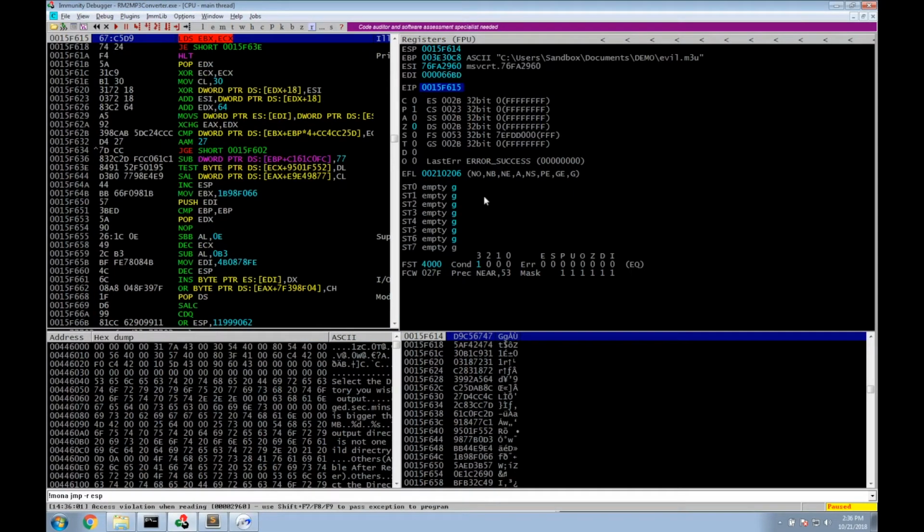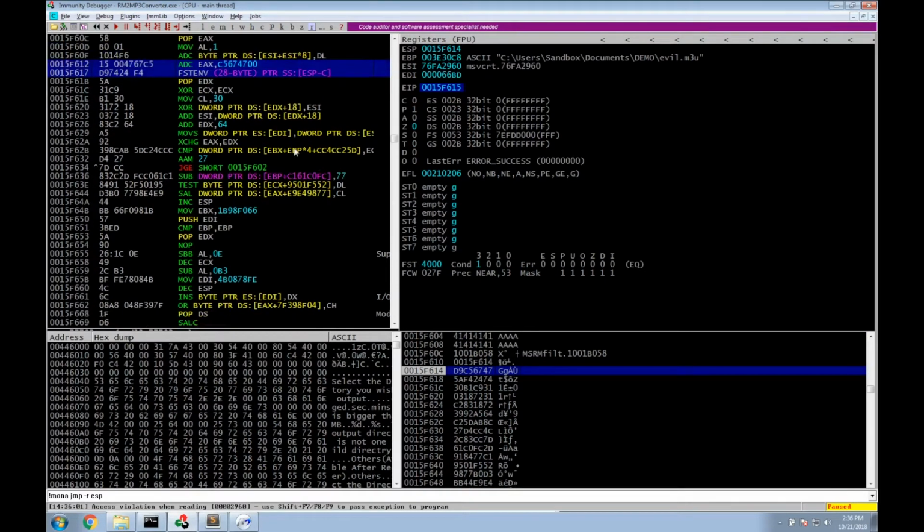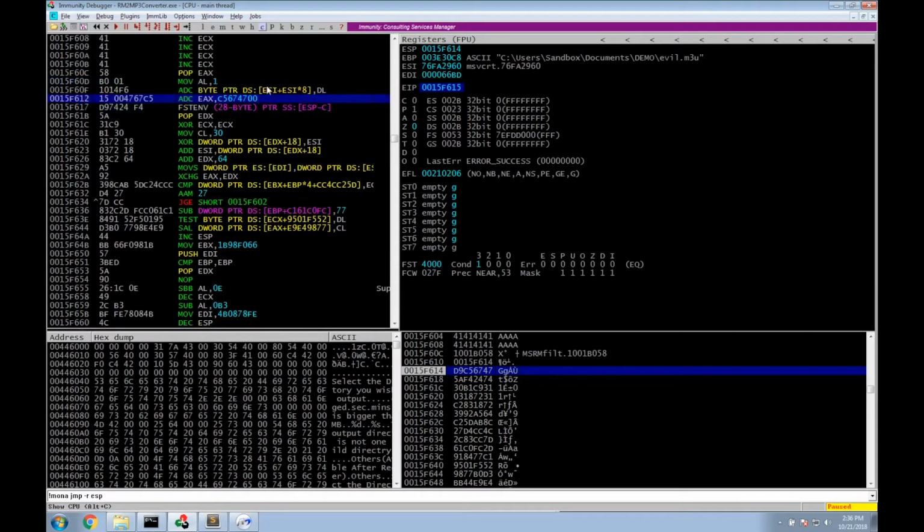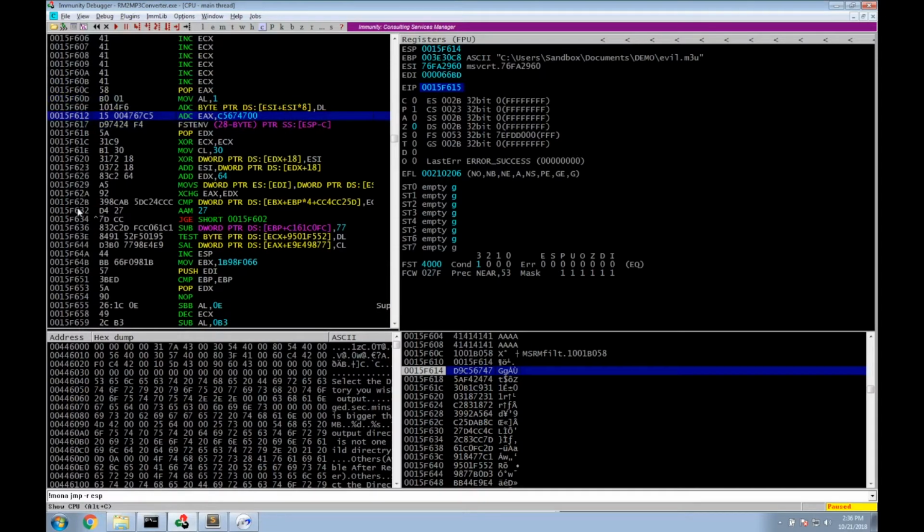Cool. So we now see that our EIP is now pointing at this address, and that ESP 614 615. So our EIP is right in here somewhere. So we've successfully jumped to the ESP,